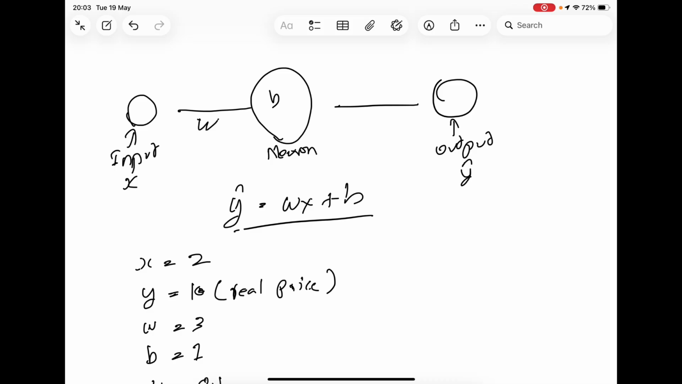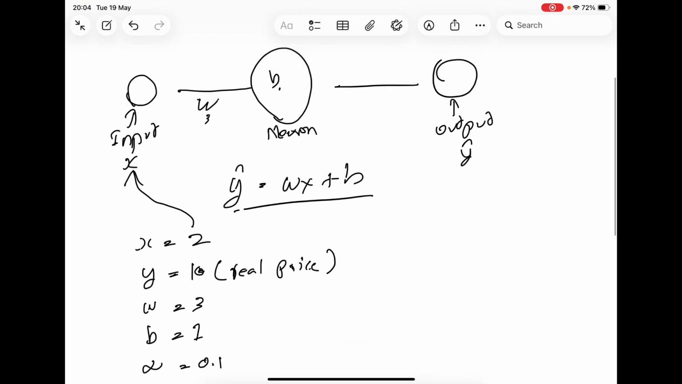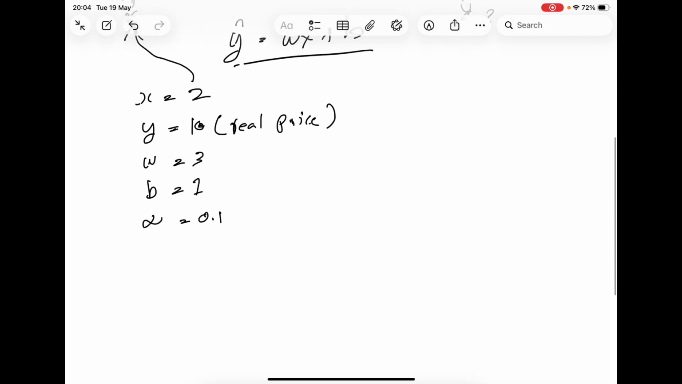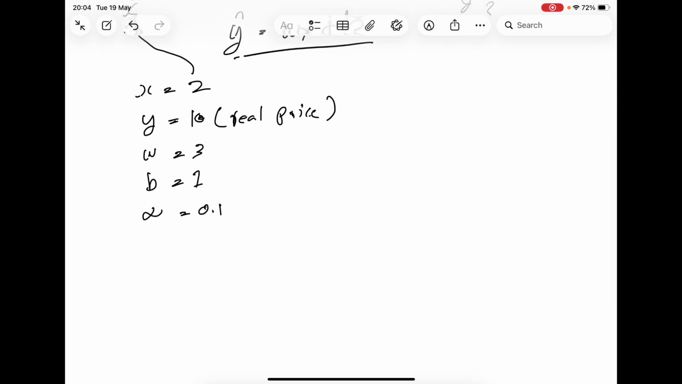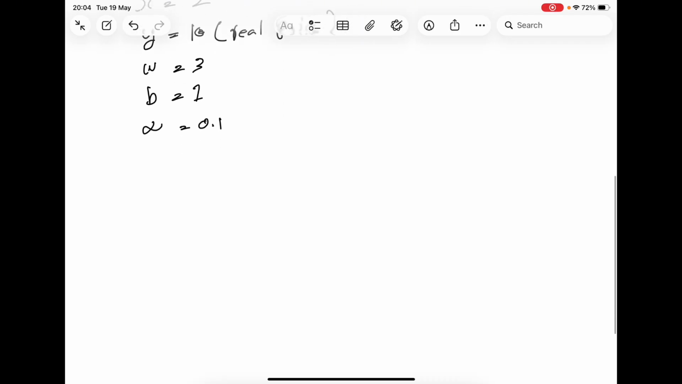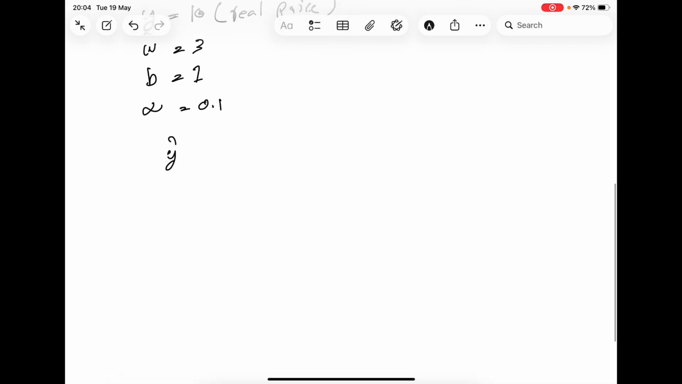So let's assume we input this number 2 to the network. Right now our weight is 3, and bias is 1. We don't know what the predicted value is, right? So now we are going to do the real calculation. Let's do the forward pass. Since our formula is wx plus b,